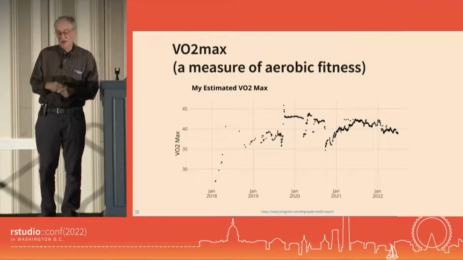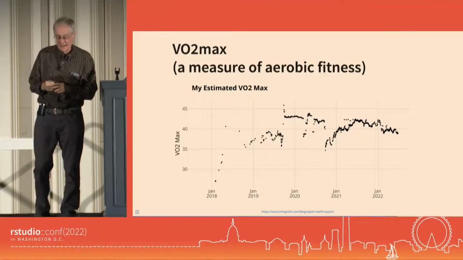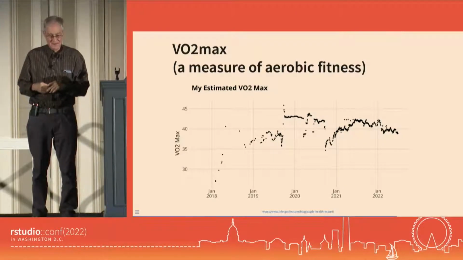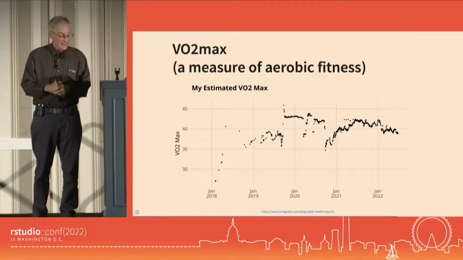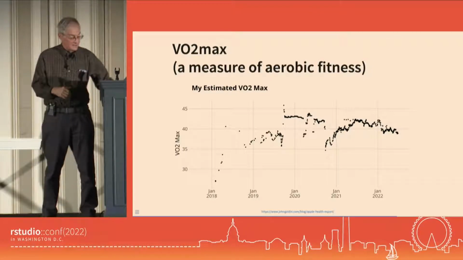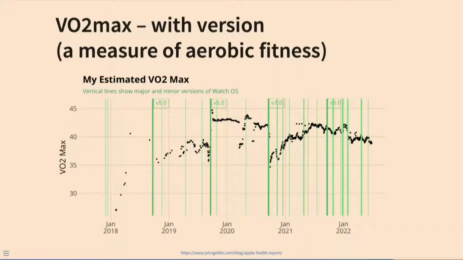I look at this chart. I'm actually pretty good at inventing explanations for things that don't have explanations. But I look at this chart, and I can't see anything. But if we add in the version numbers, we see that Apple is working on improving their measures. Or I assume that's what's going on. And so you see that between version 4 or version 5, and version 5 and version 6, it goes up, then it goes back down. And then what's been happening more recently is less clear to me in terms of what's going on with versions.